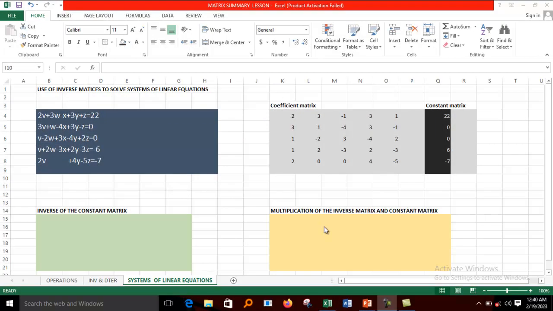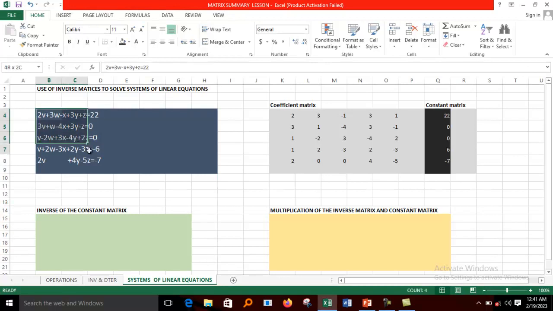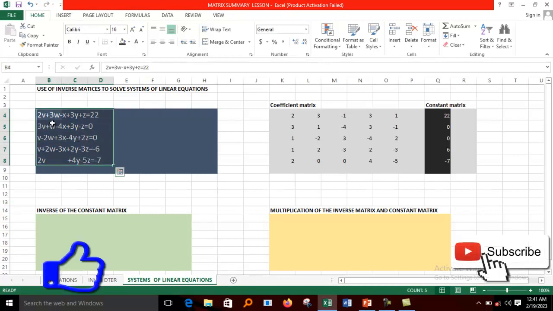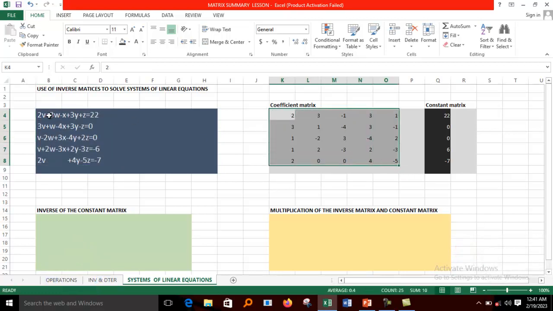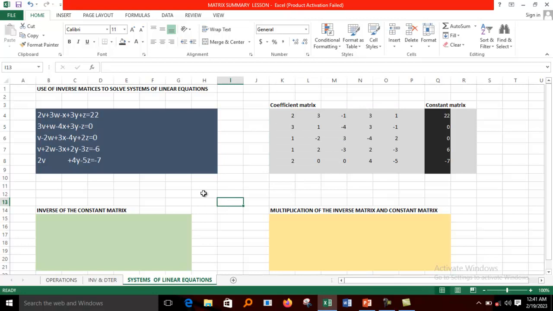Yes, welcome back. We have finished finding the inverse and carrying out operations on matrices. Now let us look at finding the solution to systems of linear equations. We have this system right here with 5 variables. What we shall do first is extract a coefficient matrix, which is composed of the values of the coefficients of